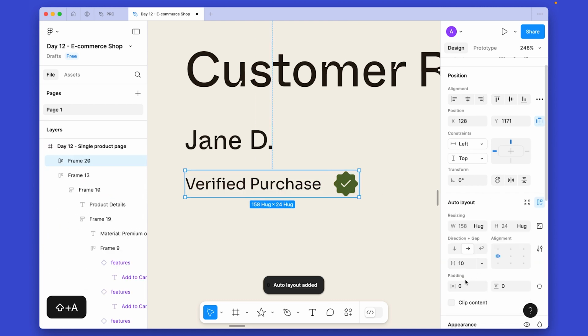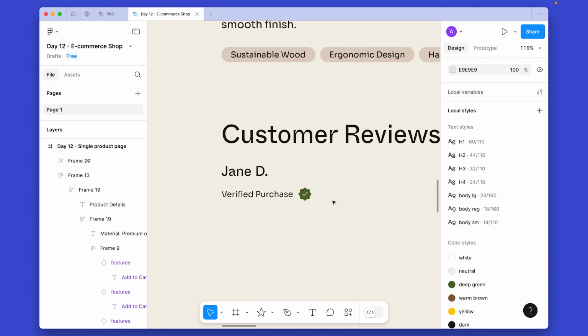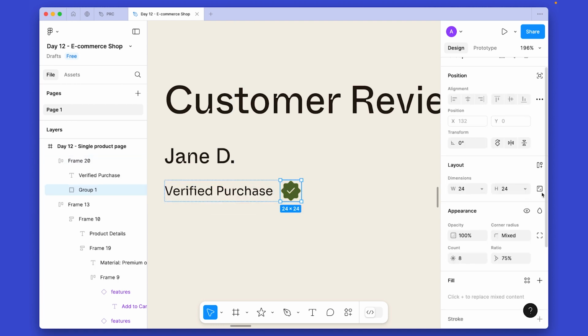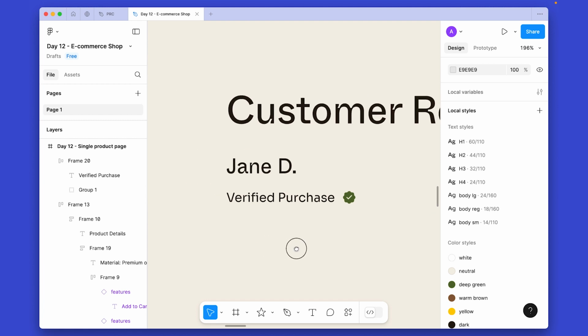Now select both, auto layout, and make it 8. I think we slightly need to decrease the badge size, so let's make it smaller. This is looking perfect. So 16 by 16 is fine. Next we need